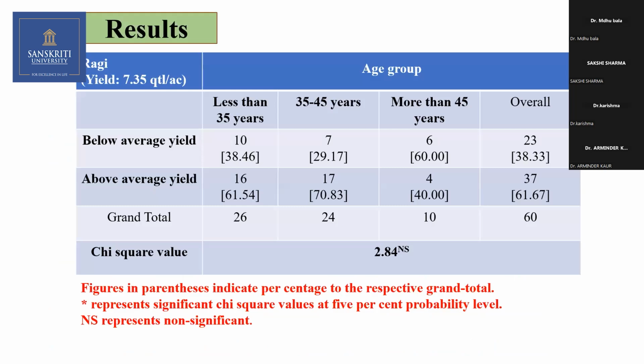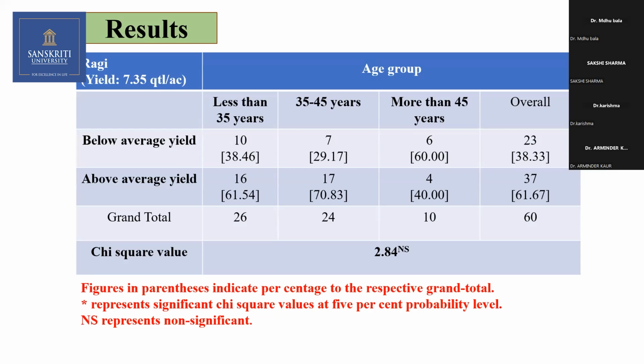This is a table, age group versus yield. The null hypothesis says that the age group and yield of crop are independent of each other. Now the chi-square is not significant. Here, 2 into 1, again the table value, the critical value, should have been 5.99. Now it is less than the critical value, 2.84. So we say that there is no association between the age group and yield. Whatever may be their age, the yield is not going to be affected. They are independent of each other.